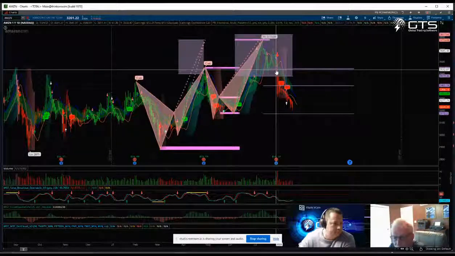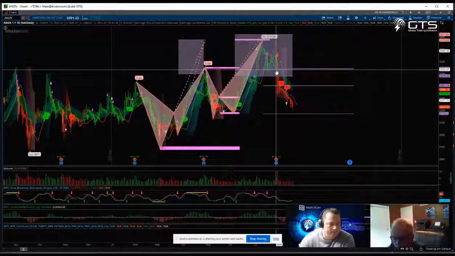So what I do instead is I use two strategies. One's called vertical credit spreads. In particular, it's called a bull put spread or a bear call spread. I don't want to get into the mechanics of that right now. I can certainly do that if it's of interest, but I do vertical credit.